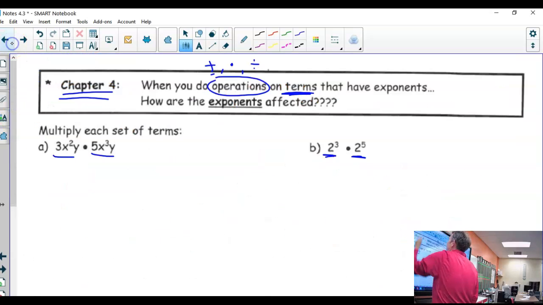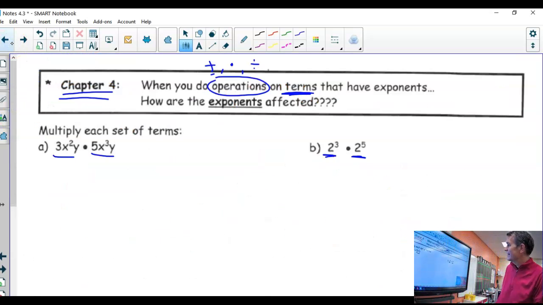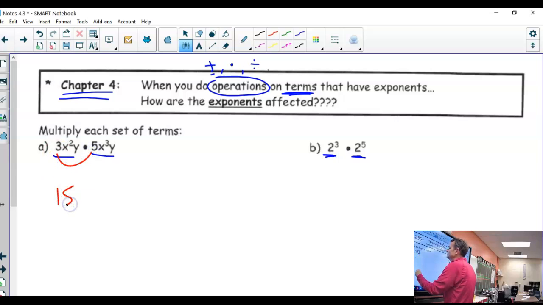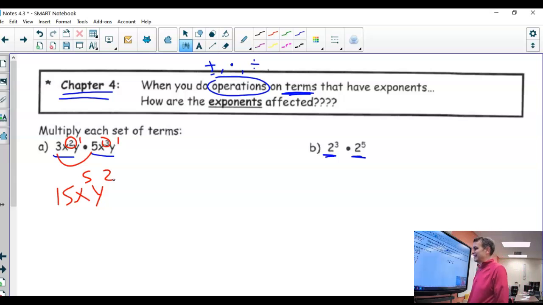Real quickly, let's go back to the beginning here. Where did I do that? Back here. And now see if you can get the answer here without me telling you. Right? Maybe you pause the video and you answer it, and then you see if you got it. All right, so this would be 3 times 5 is 15, and I've got x to the, let's see, I'd add those, x to the 5th, and I've got a y to the 1st and a y to the 1st, so when I add those, it would be a y to the 2nd. Now, I'd like it if you could go right to the answer like that. But if you need to write it all out,